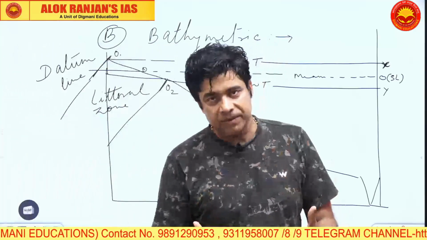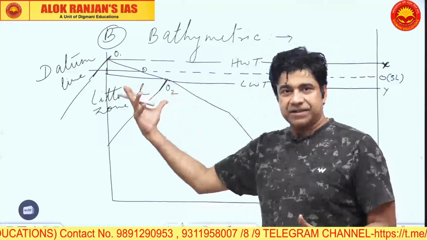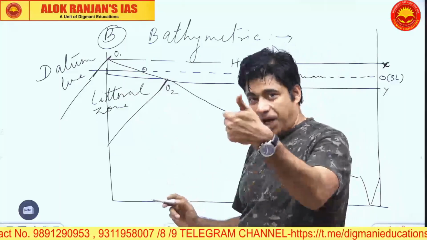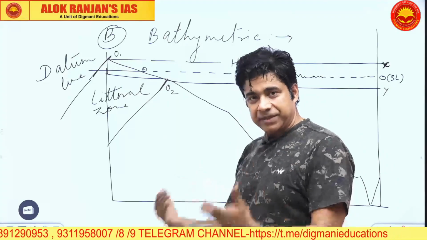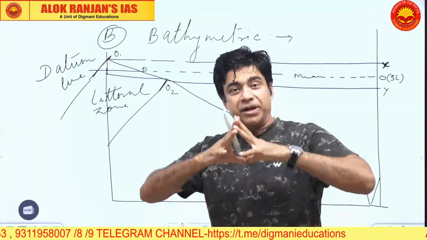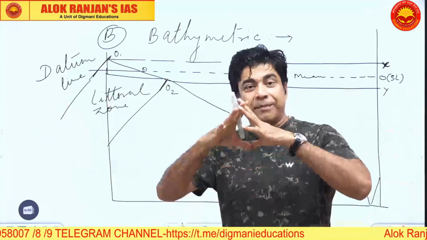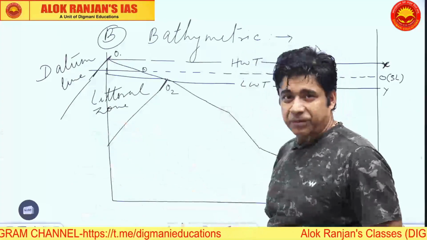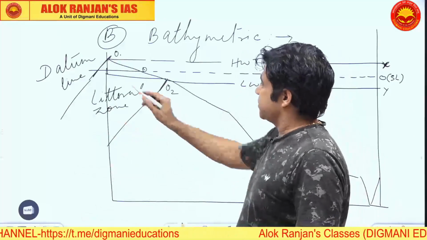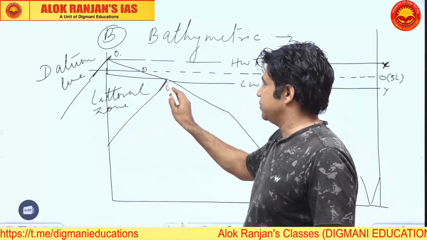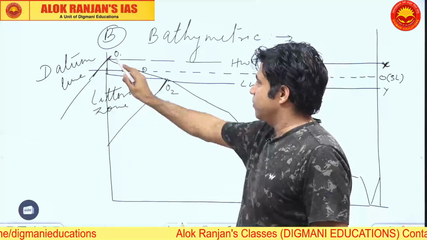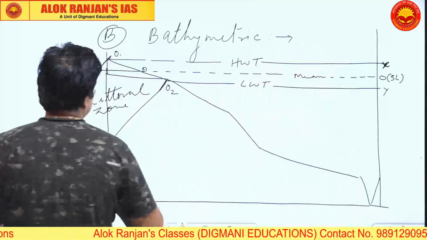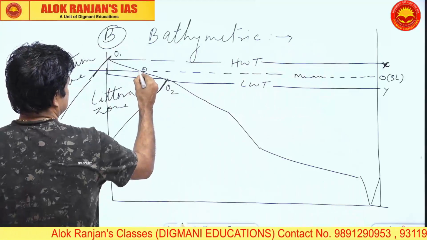I hope it is visible. Are you able to see it? Write yes or no. So if you are able to see it, please write Y. So I can explain further, or if I have to enhance my diagram, if I have to magnify my diagram, just let me know. But I'm using the widest space of my board. So you have O1, O2 and O. This is O1 and O2 is the littoral zone. And this is the mean sea level.